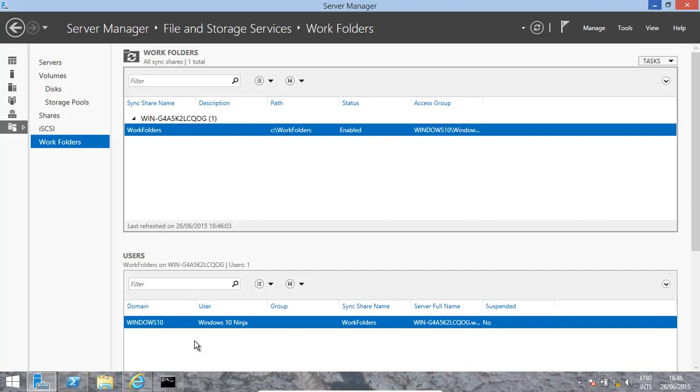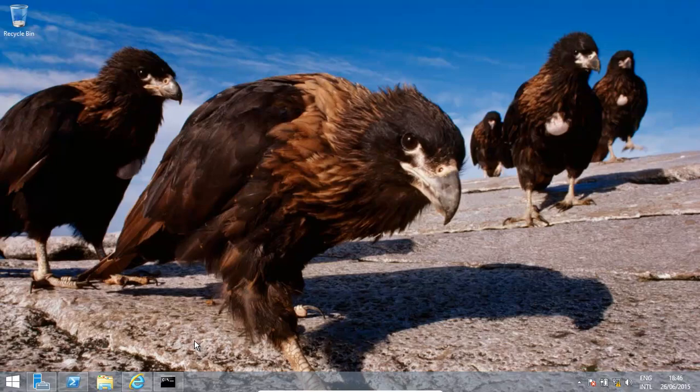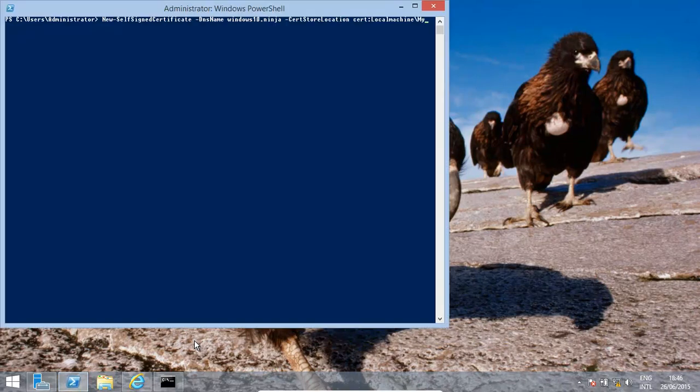We now need to create our certificate systems for it, because Work Folders operates over HTTPS, SSL security. So we need to create our own server certificate, configure it, bind it to root, and then give a copy of that certificate to our users. So what do we do? We need to go here,